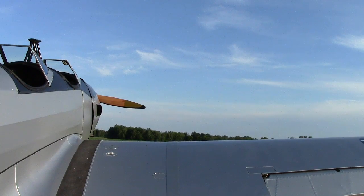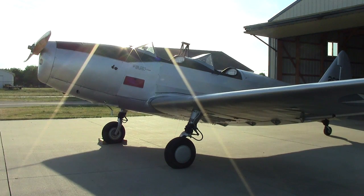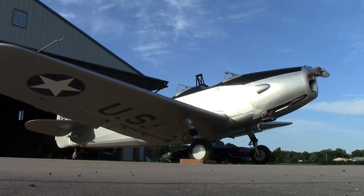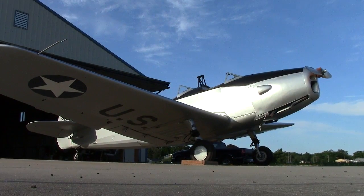PT stands for primary trainer. During World War II, that was how the Army classified different types of aircraft. There were primary trainers, which the new recruits would learn the very basics of flying. Then they'd move on to a BT, which is a basic trainer, AT, advanced trainer, and then they'd be on the operational type, whether a fighter or bomber. And the 19 was just the series number. There were 17s, 18s, 19s, 20s, and that's just where it lies in the chronology of the PT trainers that